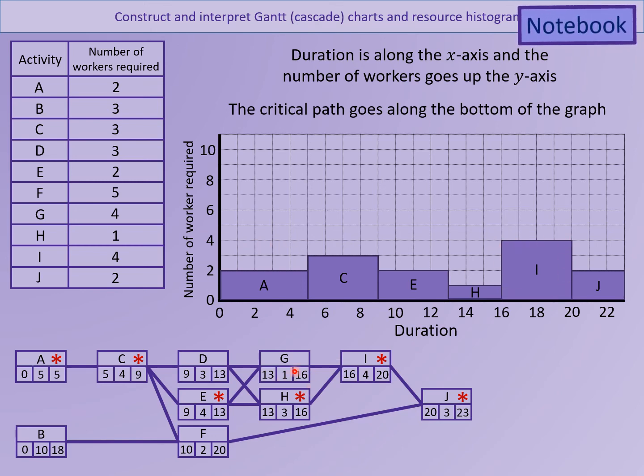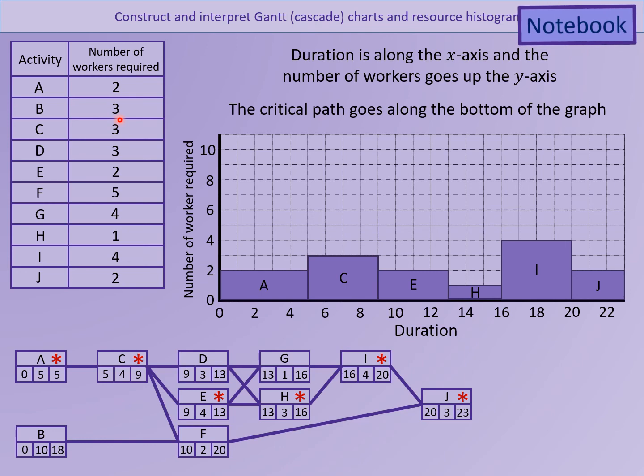Now the other activities, I would say, depending on what the question says, right? The question might say put in the activities at the latest possible finish time, or they might say put in the earliest possible finish time. If they don't say anything, you do like I'm about to show you now, which is putting the activities at the earliest possible start time. So for example, activity B. Activity B starts at 0, takes 10 hours, so it's going to go up to here, and activity B needs